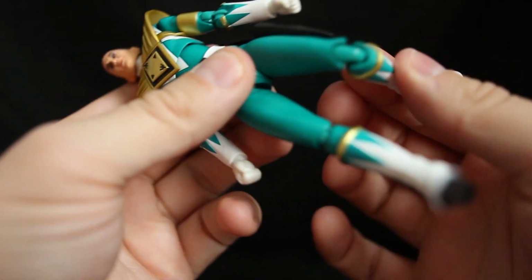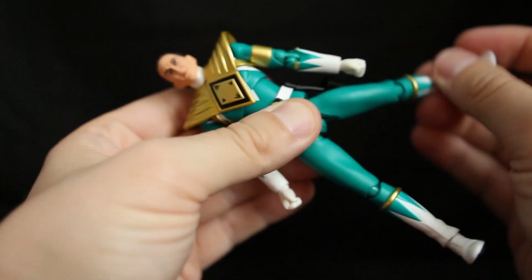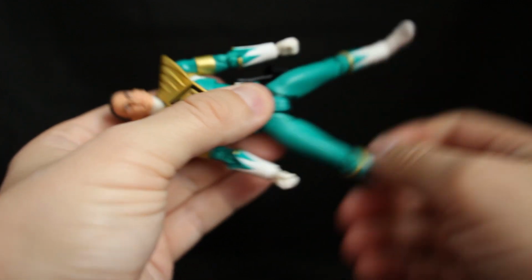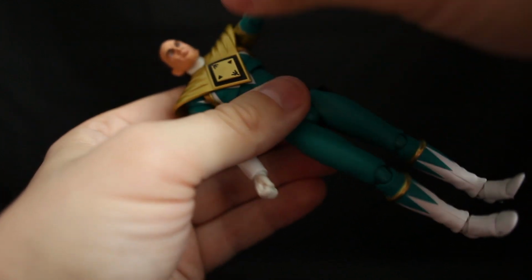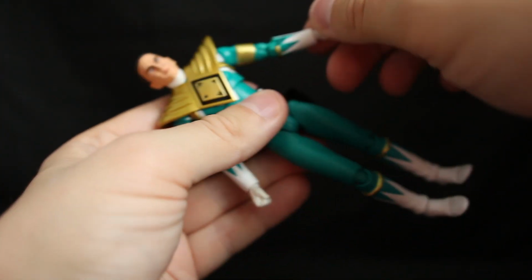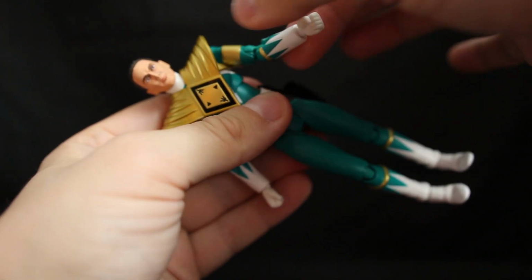So knee joints, exactly the same. And then the leg moves around. I think this feels a lot better than the original one that I did, but again, I don't know how much of a test I did back then. So the arm moves around like so, bends,